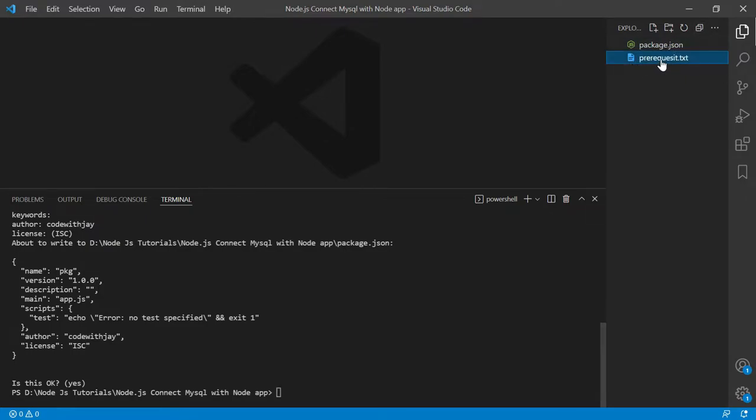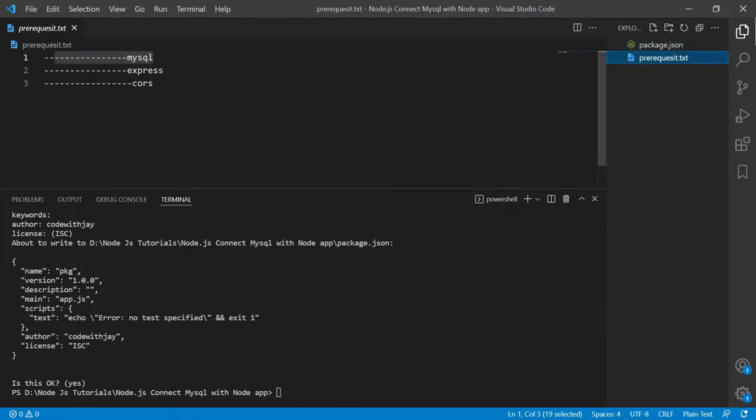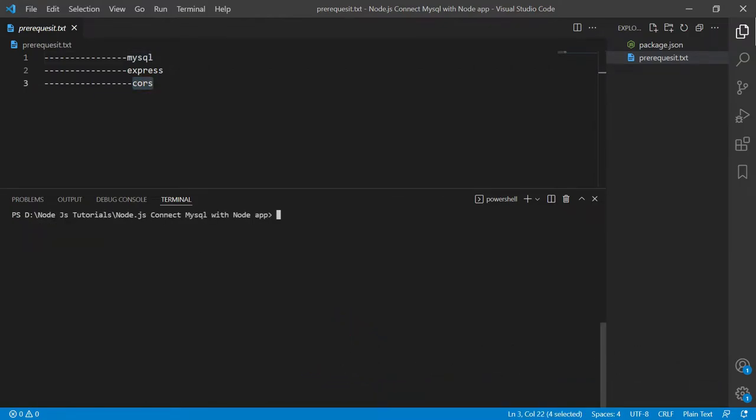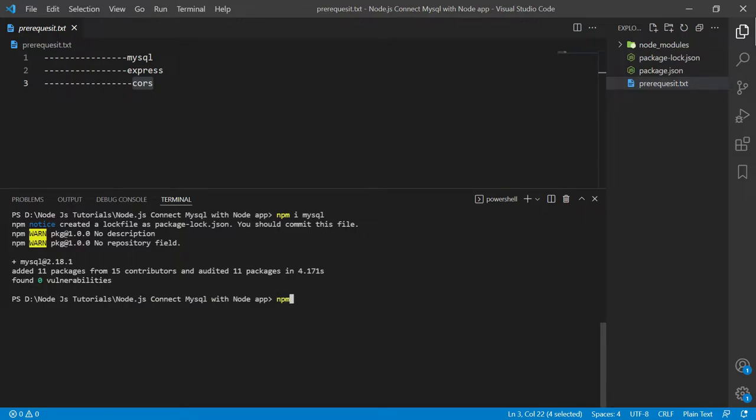After that, for connecting MySQL with Node.js, we need some prerequisite modules. One is MySQL, Express, and CORS. So for that, I will type cls. Then I will type npm install mysql. It is the first dependency in our case. Then after that I will type npm install